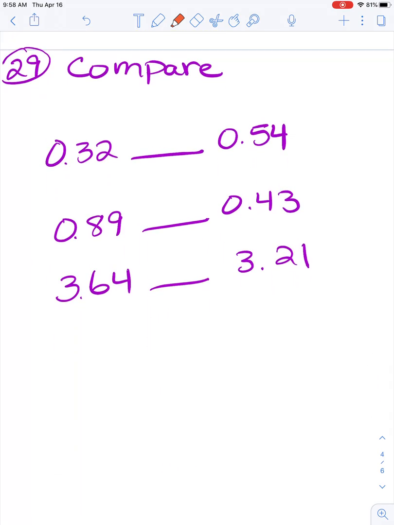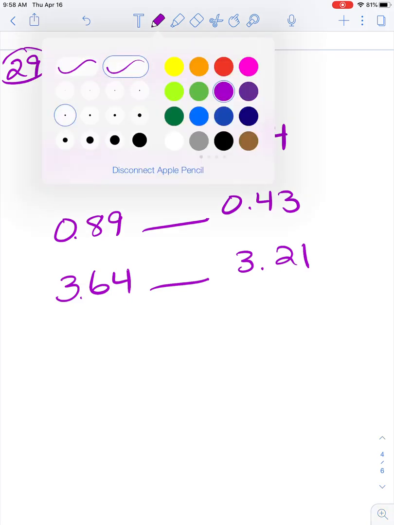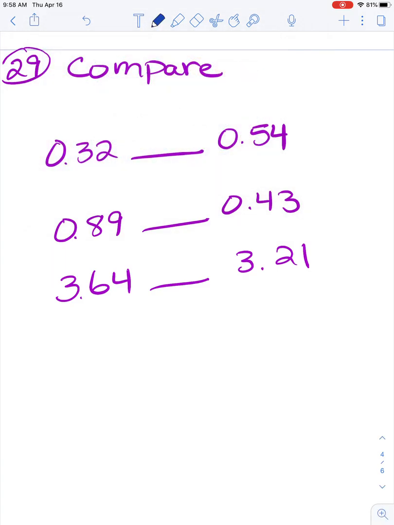Okay, on number 29, I did not draw a number line, and it wasn't because it was too crazy, even though yes, it is too crazy, but you should be able to do this without a number line. First thing we look at is whether we have any ones. We don't. So then we look at our tenths place. We have 3/10 and 5/10. Well, I know that 5 is more than 3, so I know that 54 hundredths is going to be greater. If I was going to read this, it would say 0 and 32 hundredths is less than 0 and 54